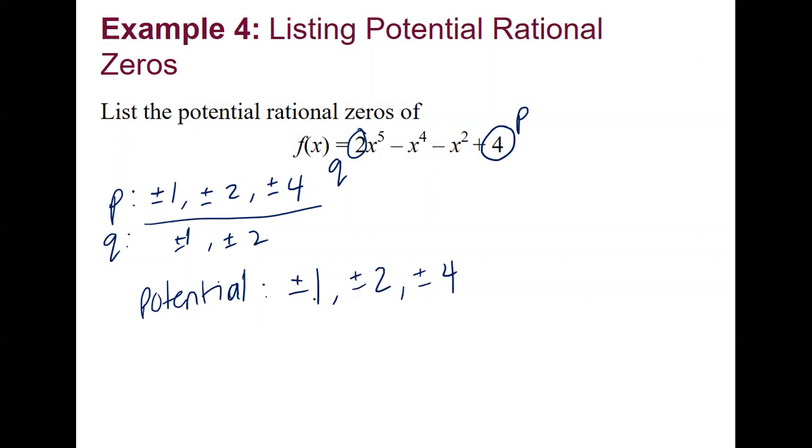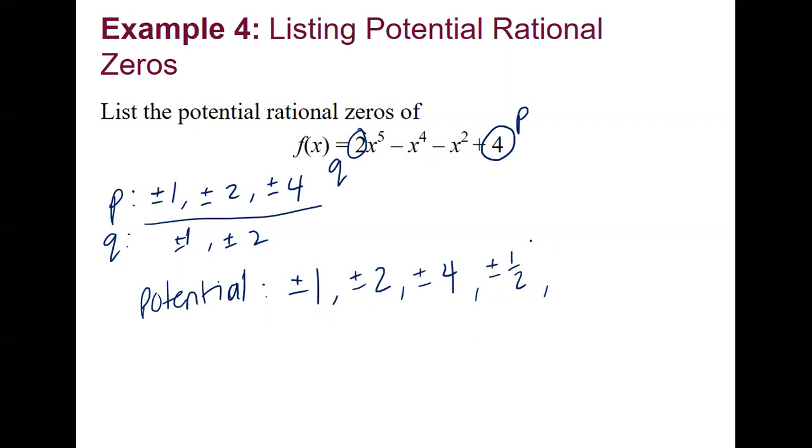And then I do the same thing I did with 1 with 2. So 1 divided by 2 is 1/2. 2 divided by 2 is 1, and I don't need to write it again. 4 divided by 2 is 2, and I don't need to write it again. So these are all of my potential